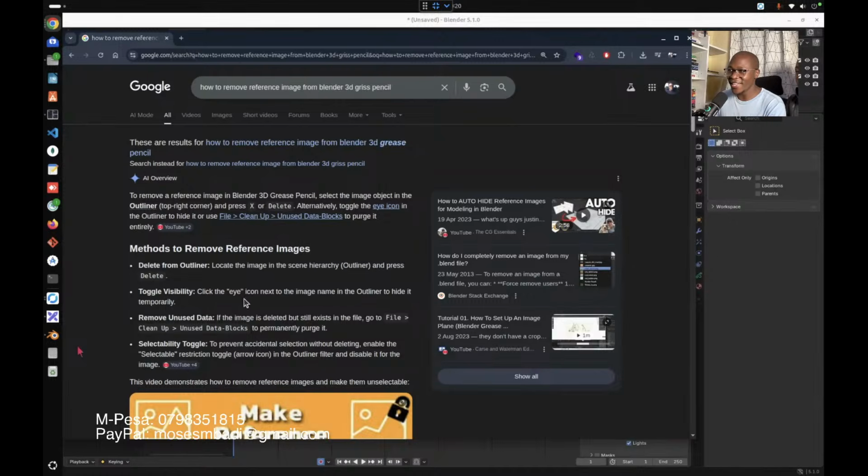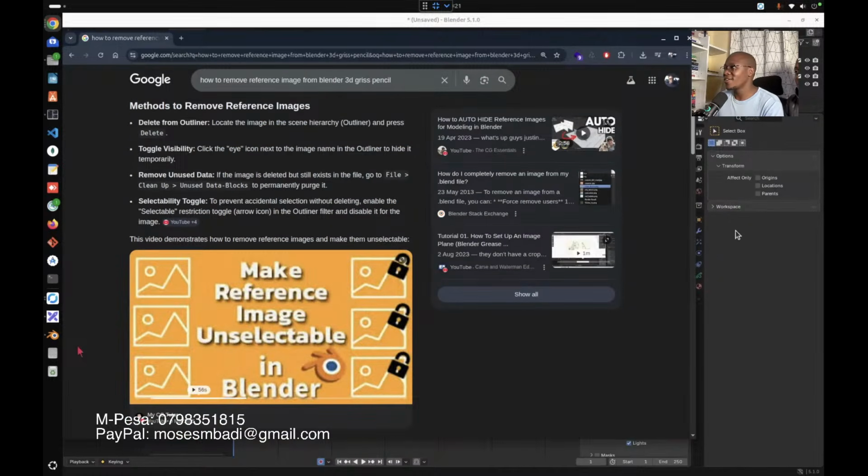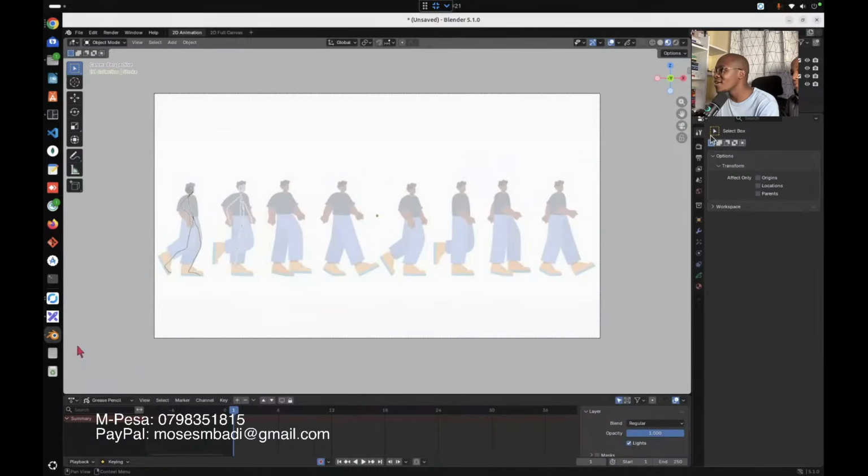Toggle visibility. Click the eye icon next to the image name in the outliner to hide. Okay, so where is the outliner? Oh yeah, I think it's right here. So we have strokes. If I toggle this, I think it removes the lines. My goodness, what have I gotten myself into? I do not know how to remove the reference image.